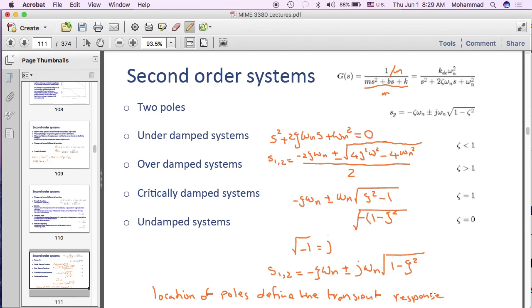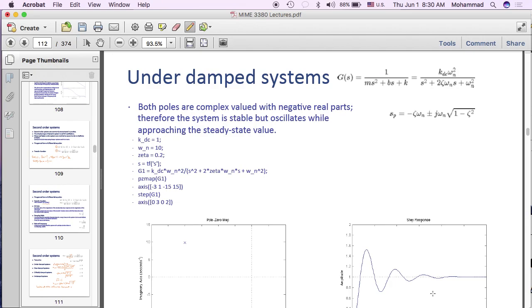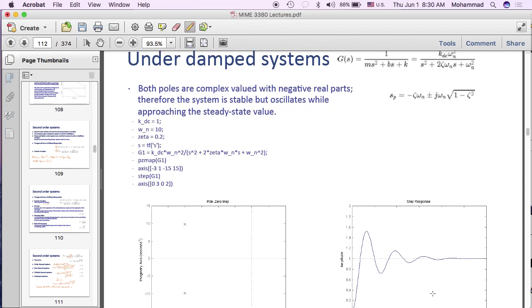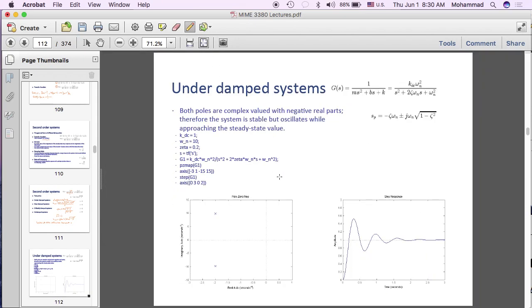And do you see that as the value of zeta changes, the location of poles also changes? See, this S1 and S2 will become a number depending on what value zeta assumes and what value omega n will assume. So let's start by looking at each of these cases one at a time. So if zeta is less than 1 and we are dealing with an underdamped system,